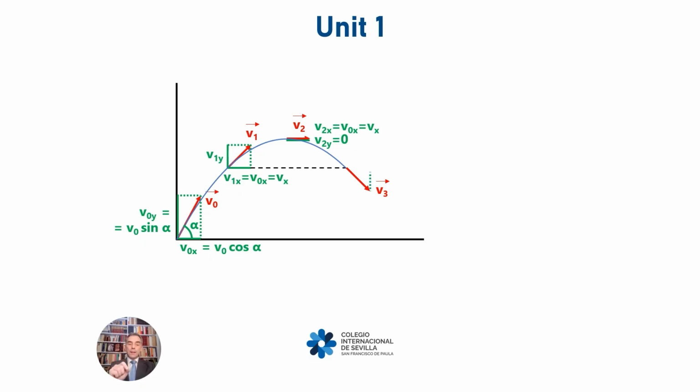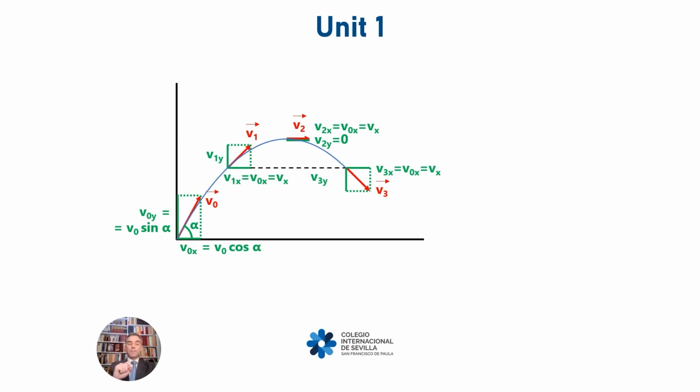When we now draw the projections on the horizontal axis, again, we have no change because Vx is not affected by anything. So V3x equals V0x equals Vx. It does not change. And when we draw the dotted line parallel to the x-axis upon the y-axis, we obtain the value of the vertical component,